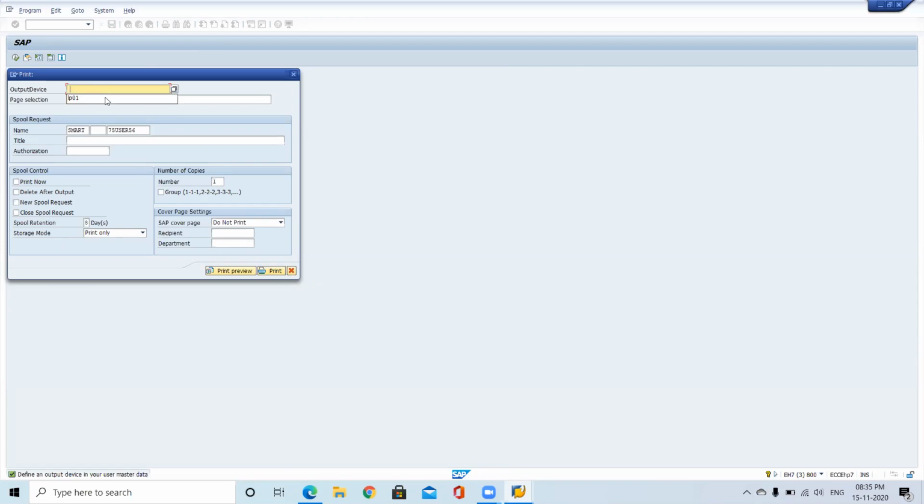Yes, sir. Last time I told that at the time of printing, this print preview we selected. So now I just want to convert this into PDF format. Just give PDF exclamatory.